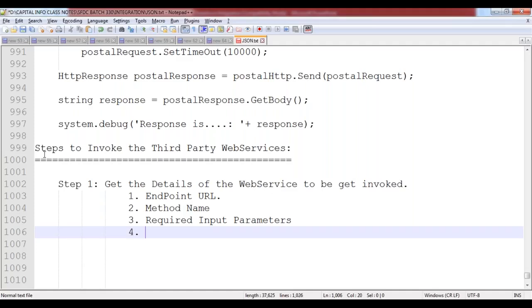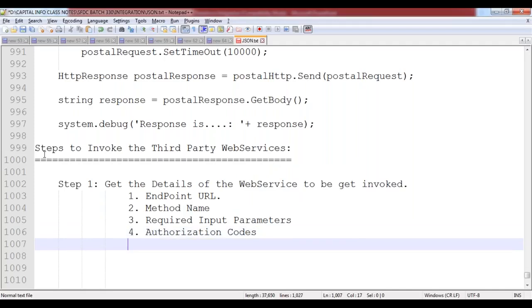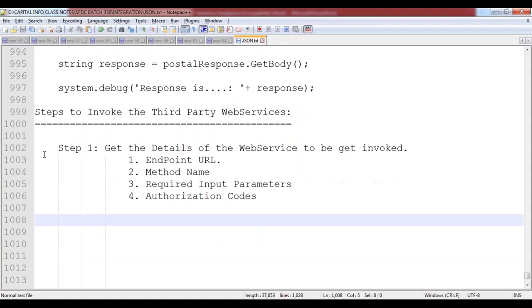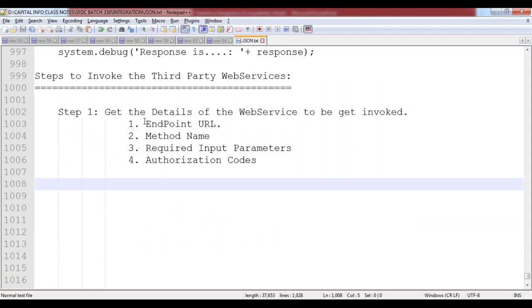And the next one, authorization codes. That means what authorization codes are required in order to invoke that web service. So we have to collect all these details. Now, once you have collected all this information, then as step 2,